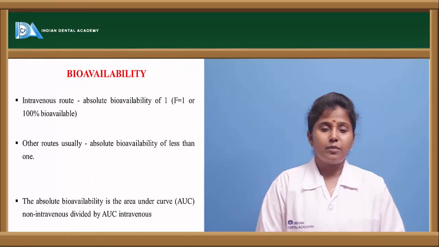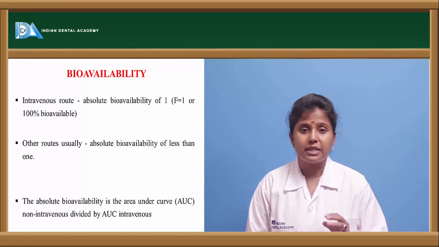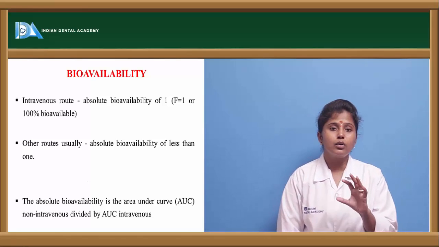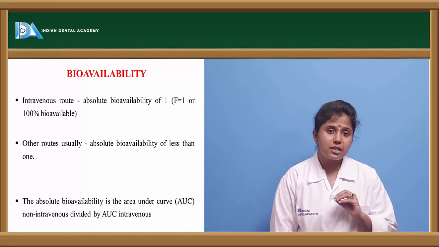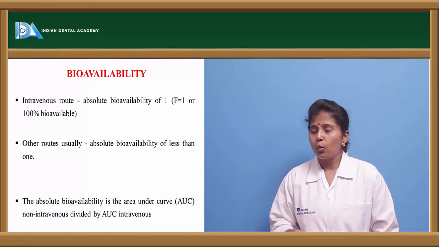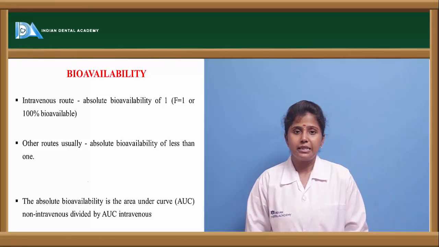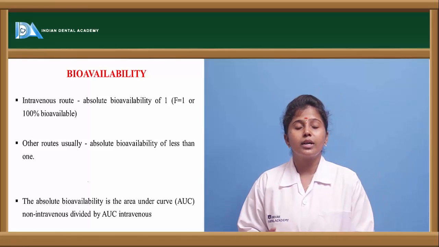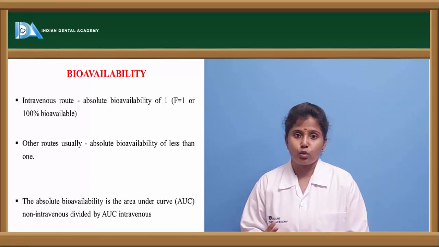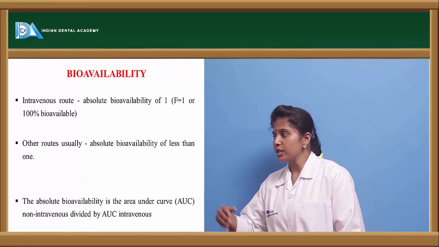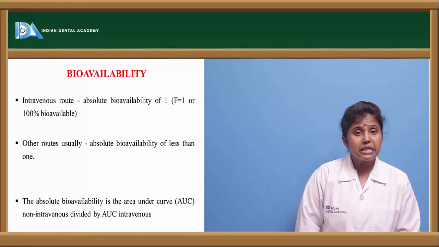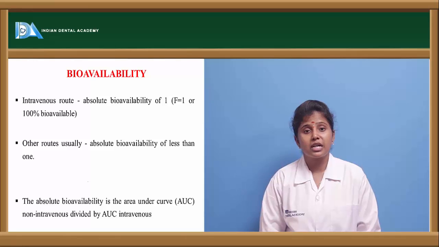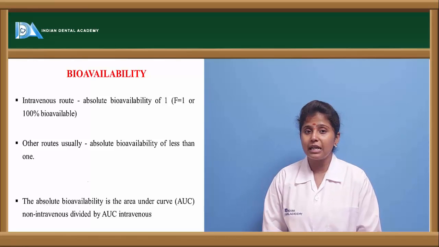Another one is bioavailability. So what is bioavailability? It is the amount of drug which is available in the systemic circulation. This bioavailability plays a major role in drug absorption. The bioavailability is up to 1 when we give the drug through the IV route, because the drug is entering directly into the systemic circulation. And the bioavailability of drugs given through the oral route is less than